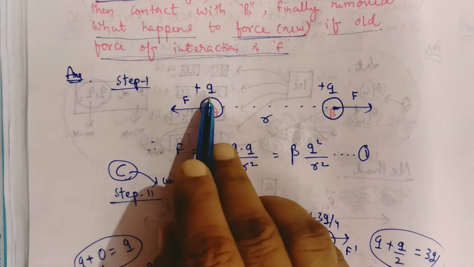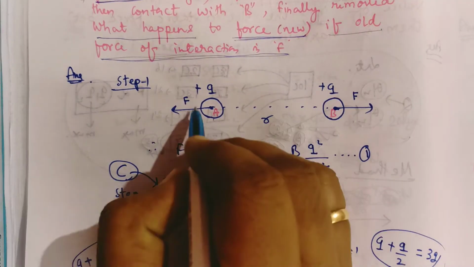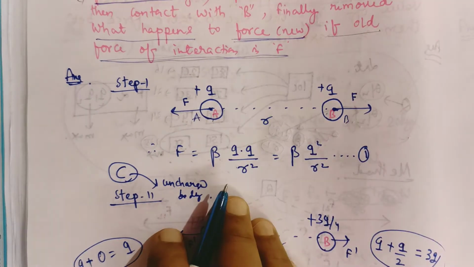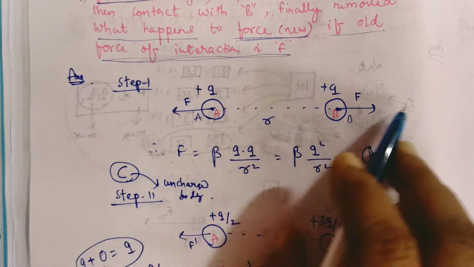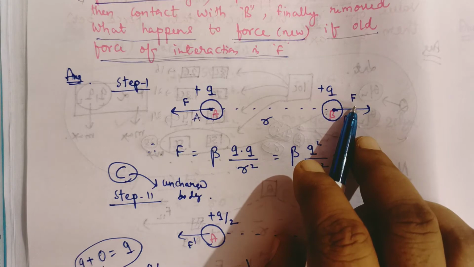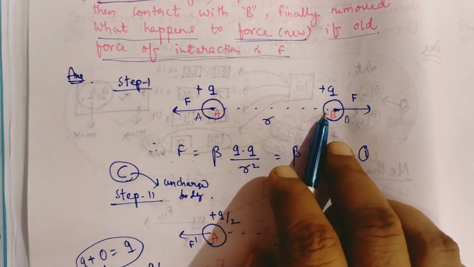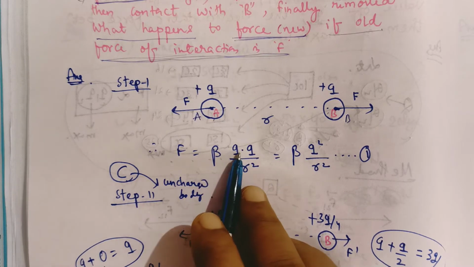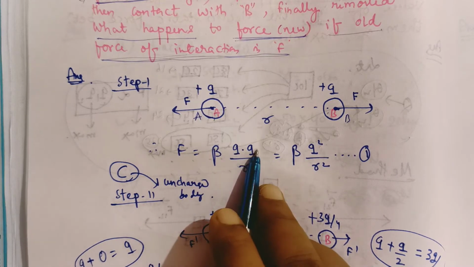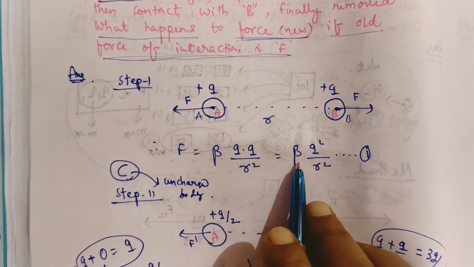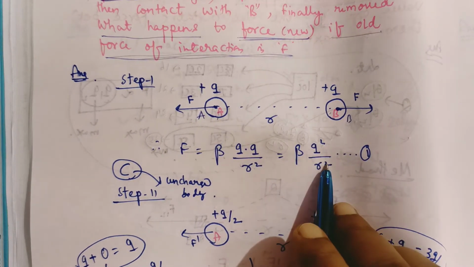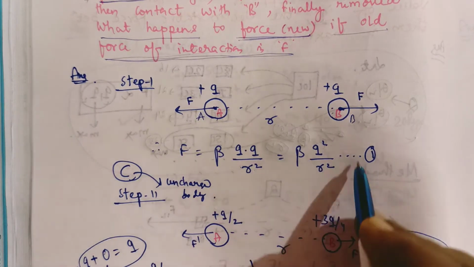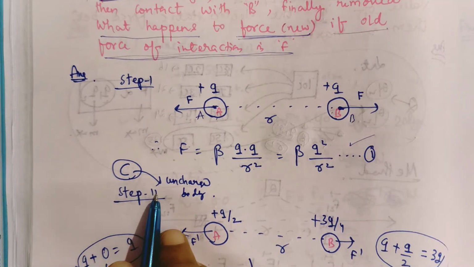Step 1. Two similar charges Q and Q. This one is A and this one is B. Written here also. Being the same charge, they will repel each other with force of magnitude F. Distance is R. How will we write its formula? Proportionality constant k, product of the two charges Q into Q by R square. So the answer is F = k Q square by R square. Now you keep this as equation number 1, come to step 2.